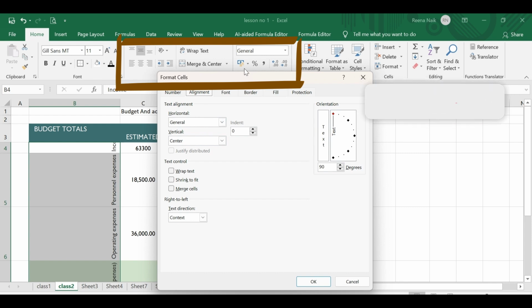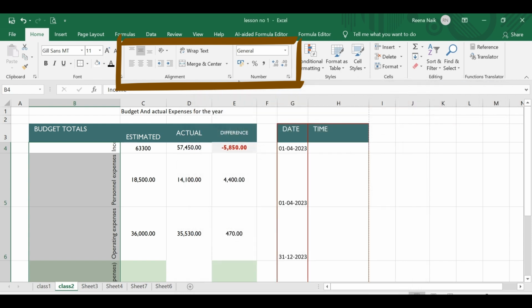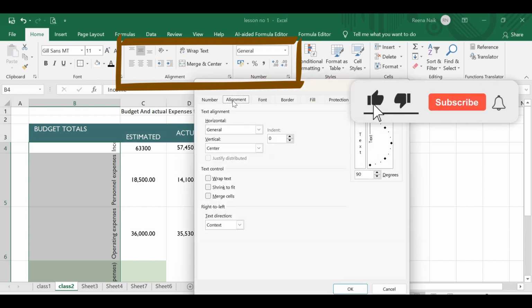If we click on this, this full case is the format cells. In the format cells, this is a font, this is alignment, this is a number, and this is a clipboard. Now in the alignment, this is also alignment, this is also alignment. How do we get this? We have to click here, we get this alignment. In the alignment, we just have to take this, and